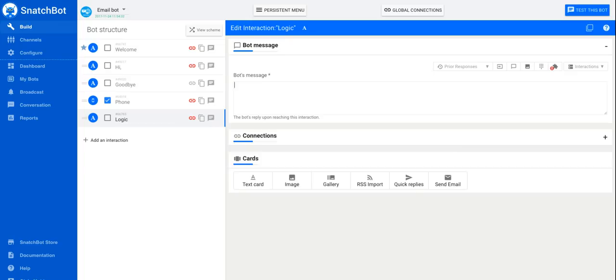Now, if you're creating a sophisticated bot that's trying to assess what's taken place inside of the conversation, we've got some really useful tools for you here. These are logical tools that allow you to compare two numbers or two letters or two words and assess. The bot will judge: are they equal, not equal, is one greater than the other. By doing that, you can then build in all sorts of features to your bot based on controlling these